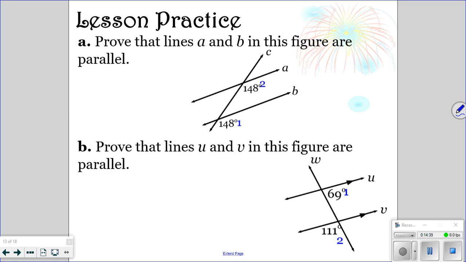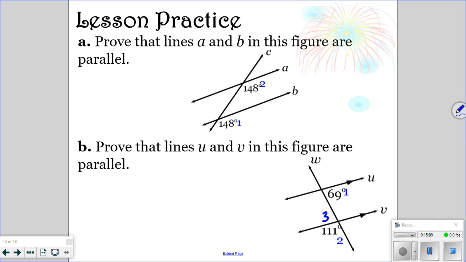So since I'm going to add another angle here so that I can refer to it. So since angles 2 and 3 are supplementary because they are a linear pair,